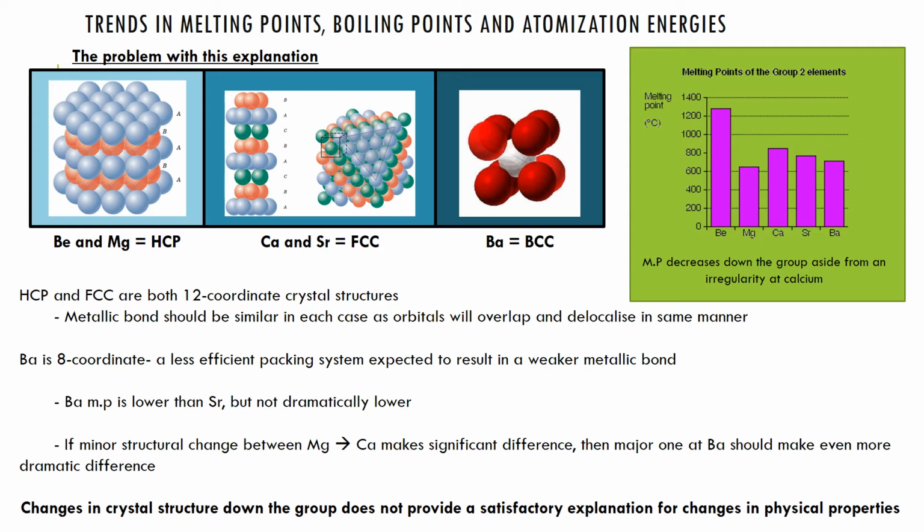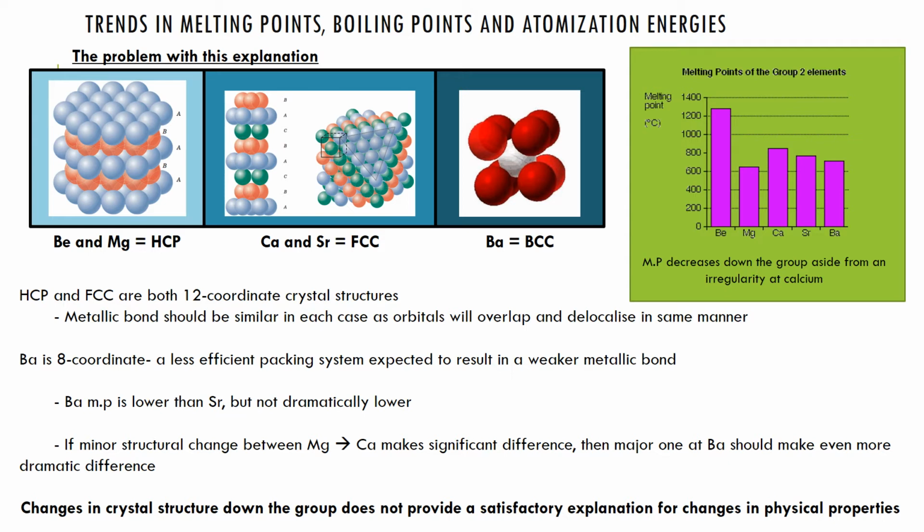But there's an issue with that explanation. If you think about it logically, there's an issue because there are 3 crystal structure changes as you go down the group. If there was just one crystal structure change between magnesium and calcium, it might be easily explained. But let's focus on that first crystal structure change, which occurs between magnesium and calcium from a HCP to an